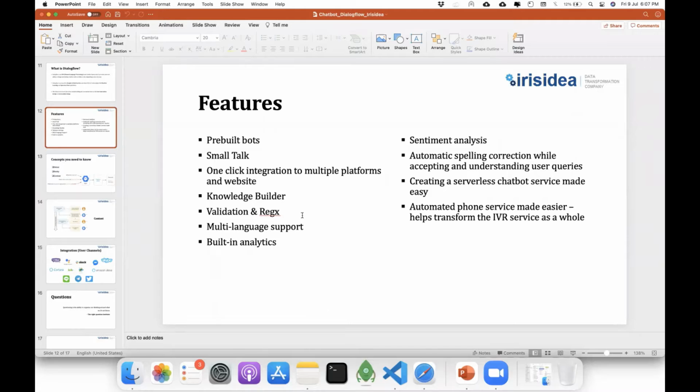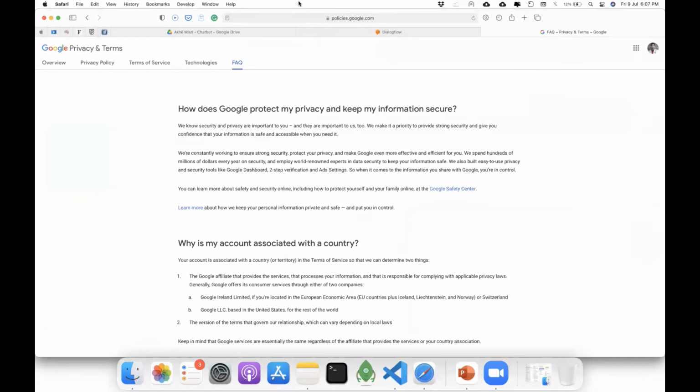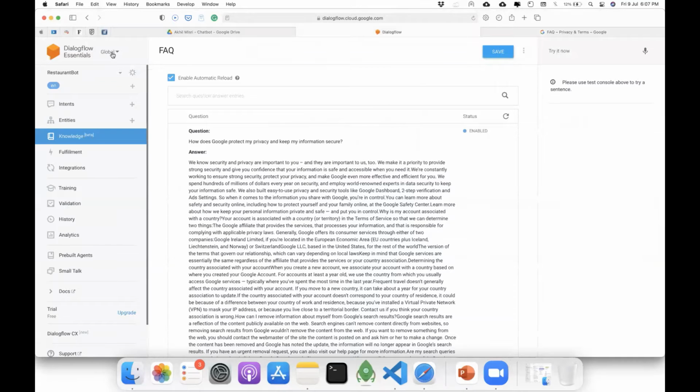Okay, so coming back to the knowledge builder. It is something that you saw. You have validation and regex, which will be shown to you in some time. You have multilingual support. Today I can create a chatbot which will support these languages. It can support a few more.